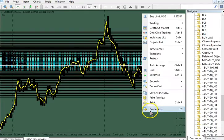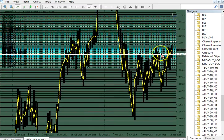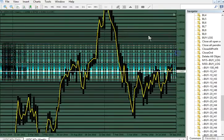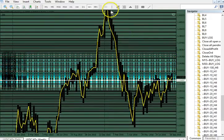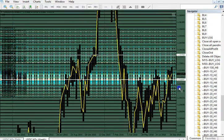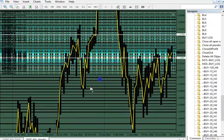Yes, we have a breakout here, so we have breakout pullback, but if this is really going to go up, we're going to have this breakout, pull back to this top on close, and we are going up. We're going to have a problem when we get to this, because you're going to have a problem all along the way. So depending on what your tolerance is for riding a trend, if you're a trend trader,